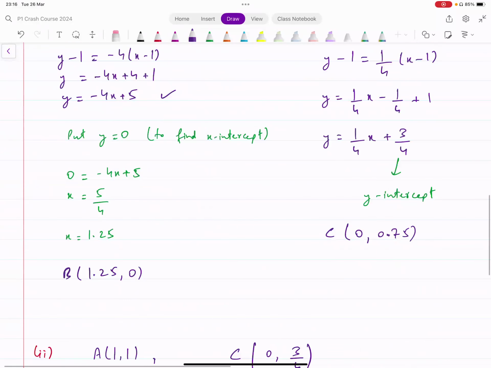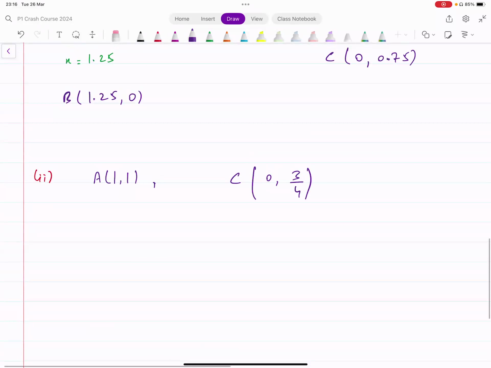So for that, it's better to write it as a fraction. We have these 2 points. We need to find the distance AC. How do you find distance AC? The distance formula is x2 minus x1 whole squared plus y2 minus y1 whole squared, and then square root of that whole thing. So we can say this is x1, this is y1, and this is x2, this is y2. Square root of